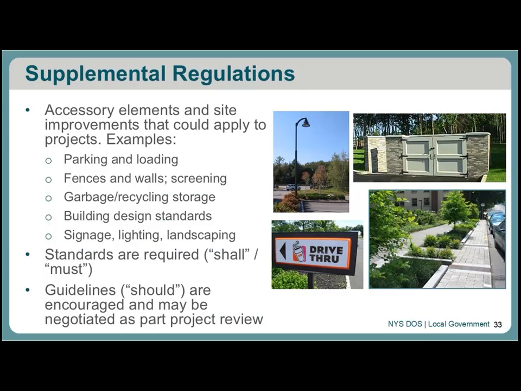Thing to keep in mind there, they're often lumped kind of into one big section of zoning, but not always. So again, sometimes hard to find, but that Control F, finding that throughout your zoning law can be really helpful.